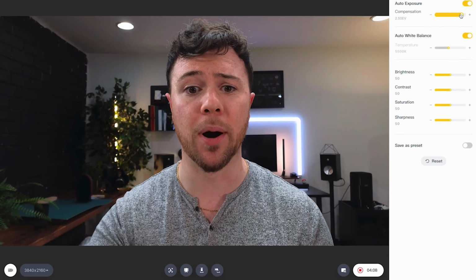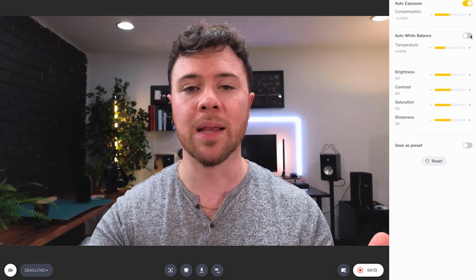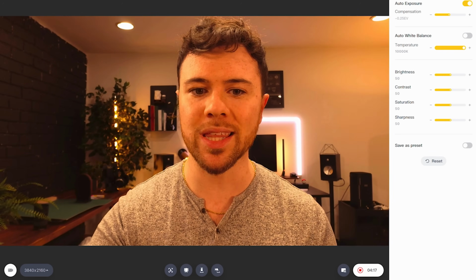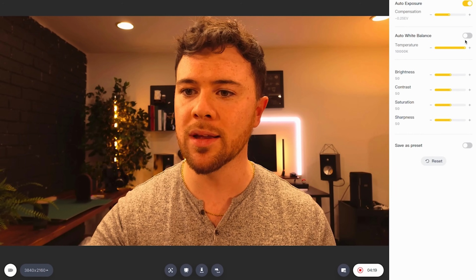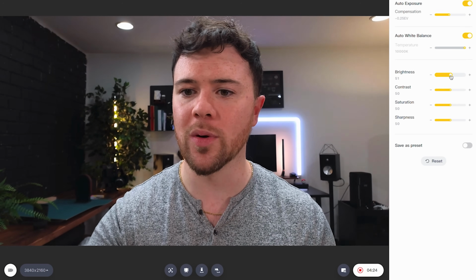Really though, stock looked fine. Same thing with color temperature. This adjusts from 2000 Kelvin to a really warm 10,000 Kelvin, but we'll keep it at auto. And then you can adjust the brightness. So I'll bring it down to